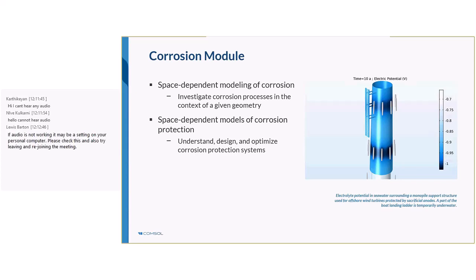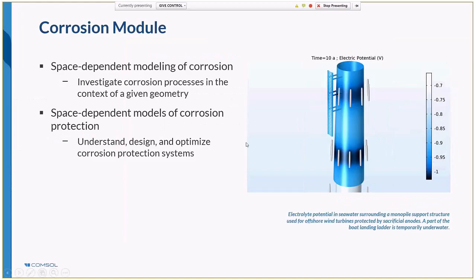array of sacrificial anodes. We can model the rates of degradation and dissolution of the sacrificial anodes, and in turn then infer how well our corrosion protection system performs, whether this is the beginning of its lifetime or many years into its service. In the case of the example here, we can see the potential on the structure relative to a silver chloride reference electrode.